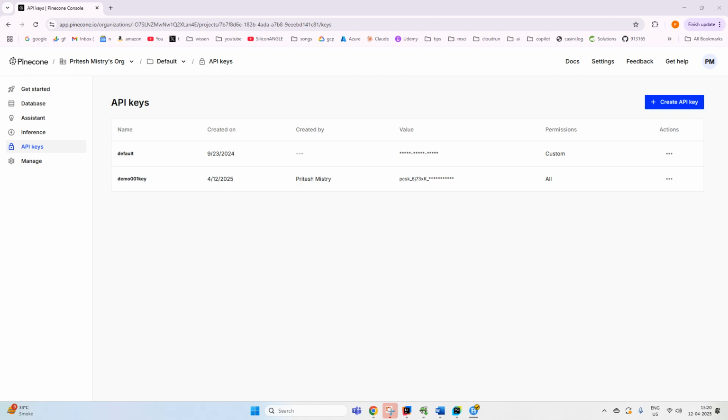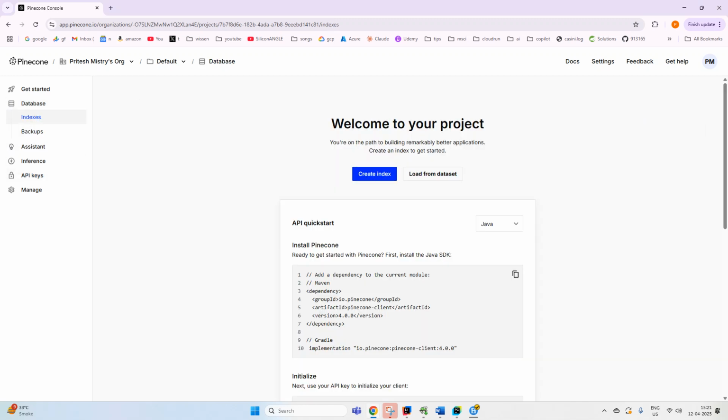Let us see the first ever example. It's a very simple example just to test whether everything is working fine. We'll see the details about the examples and how it works later on. So what I will do is simply, let's first go to this database, and here we just need to create